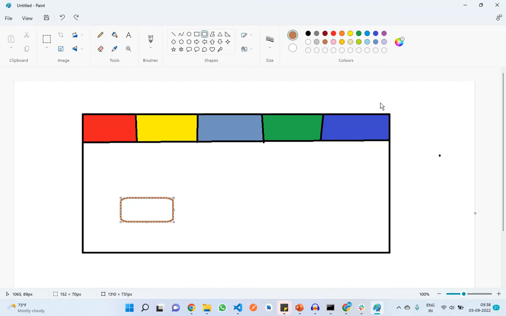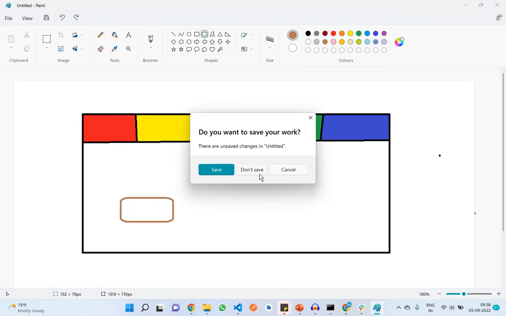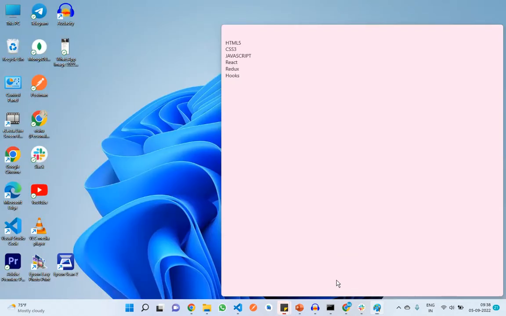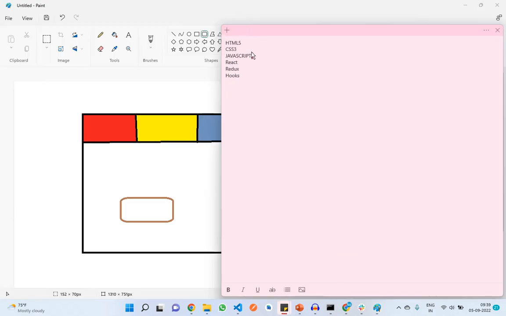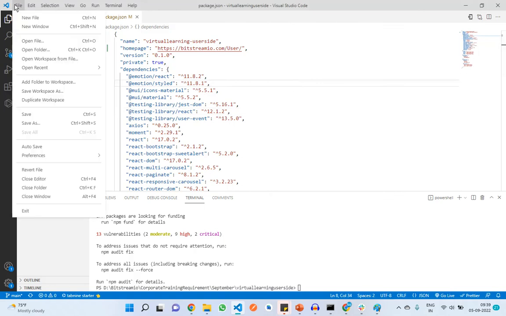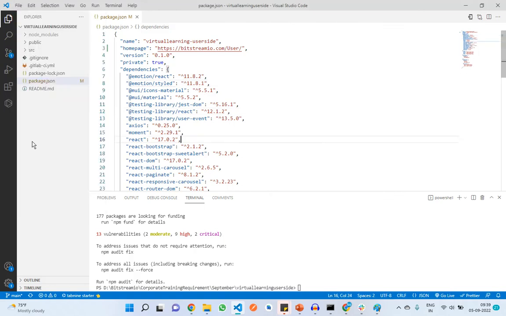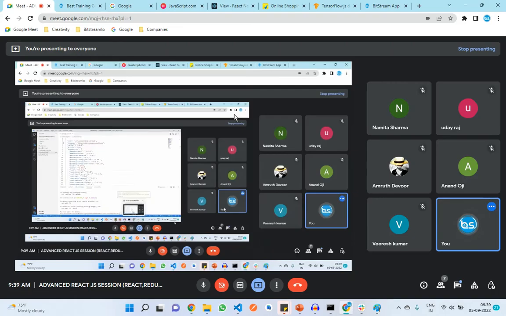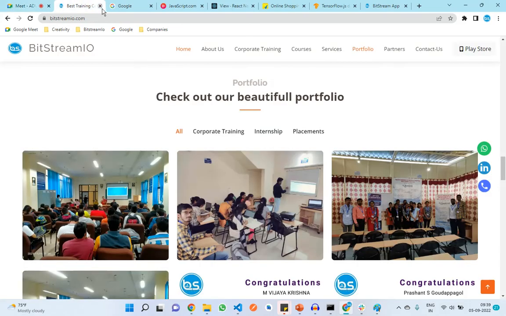Okay. So now what I will do is explain with one code. We are starting with HTML, CSS and JavaScript. This is the minimum. Then the second phase will be React, Redux, hooks. I am going to explain with one program. After every session, we are going to give the recorded session and all. So we have our own technical